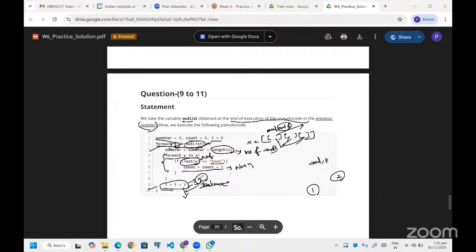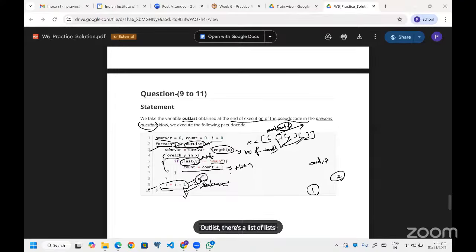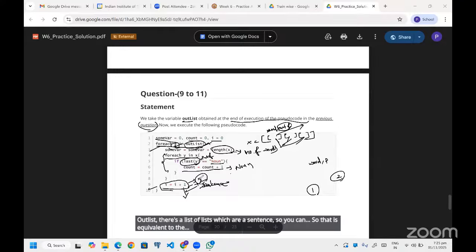So this I is keeping a track of the count, the number of iterations that you have done. But at the same time, if you consider out list as a list of lists which has a sentence in each, that is equivalent to the number of sentences that you have in your out list.